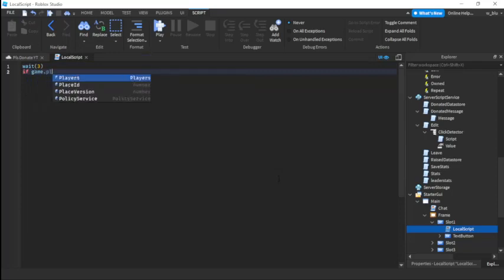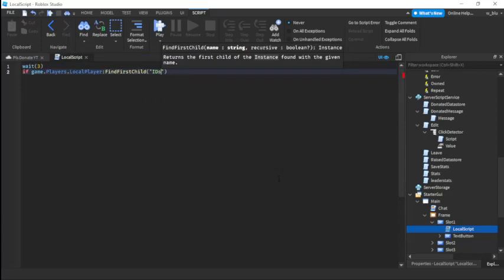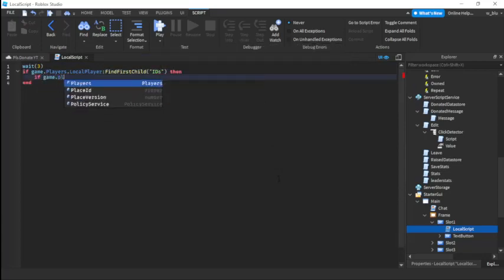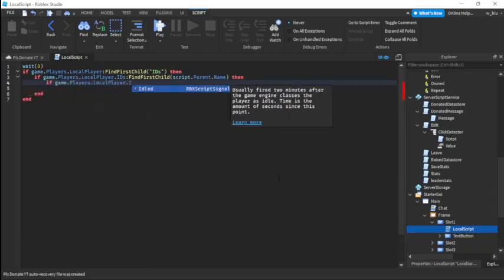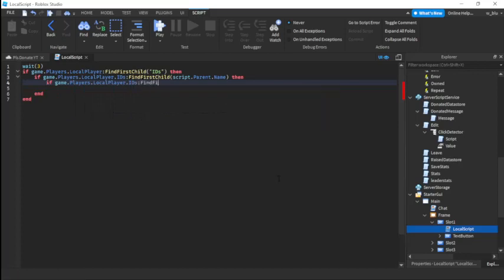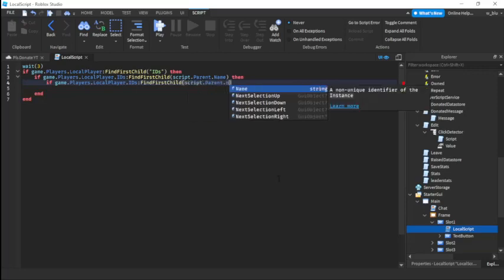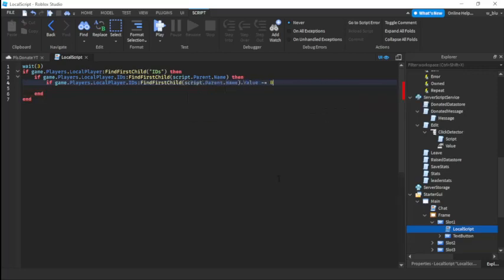If game.players.local player find first child IDs, then if game.players.local player.IDs find first child script.parent.name, which is slot 1, then if game.players.local player.IDs find first child script.parent.name.value does not equal to 0, then